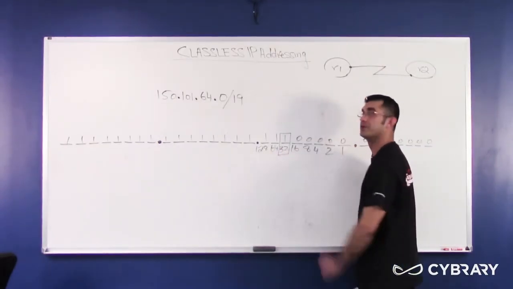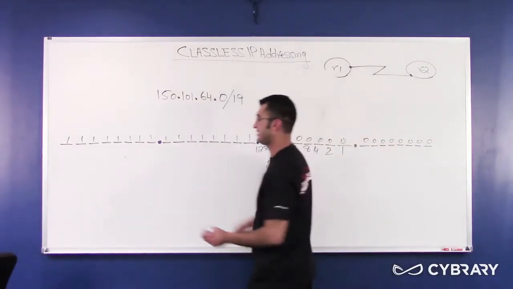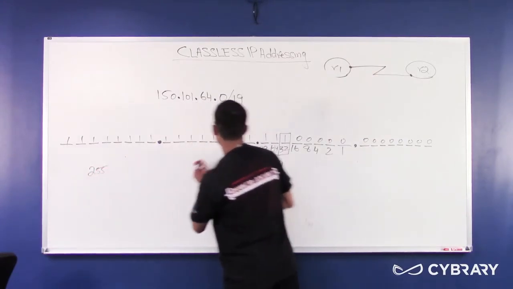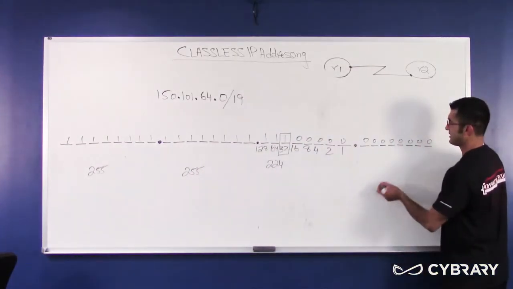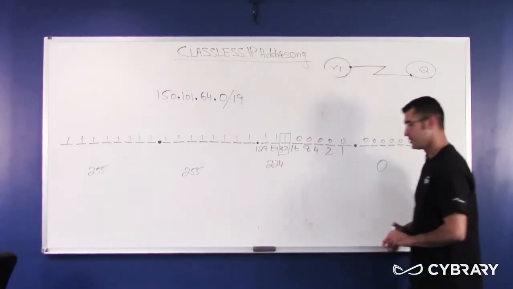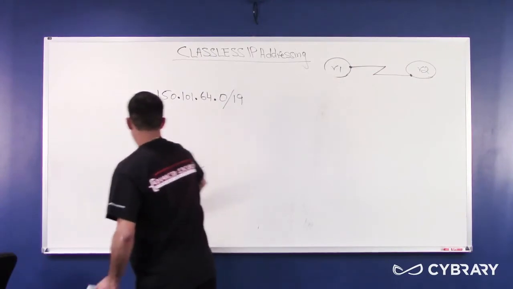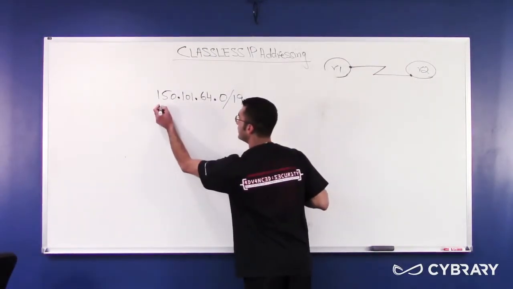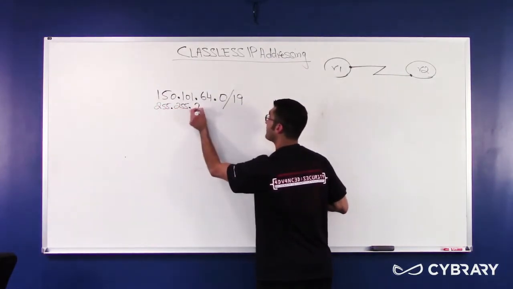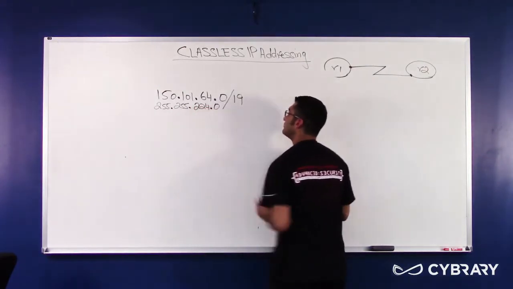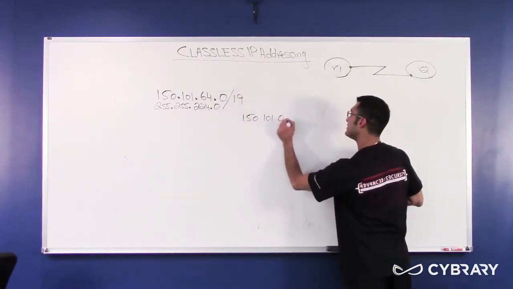128 plus 64 plus 32 is 224. So this is 224. The first octet, everything's on, so it is 255. Second octet is 255. Third octet is 224. The last octet, everything is off, so it's simply 0. So I'm going to go ahead and erase this because I need the space. Just remember that the value of the last bit turned on was 32. In dotted decimal, the mask would be 255.255.224.0. You start at 150.101.0.0